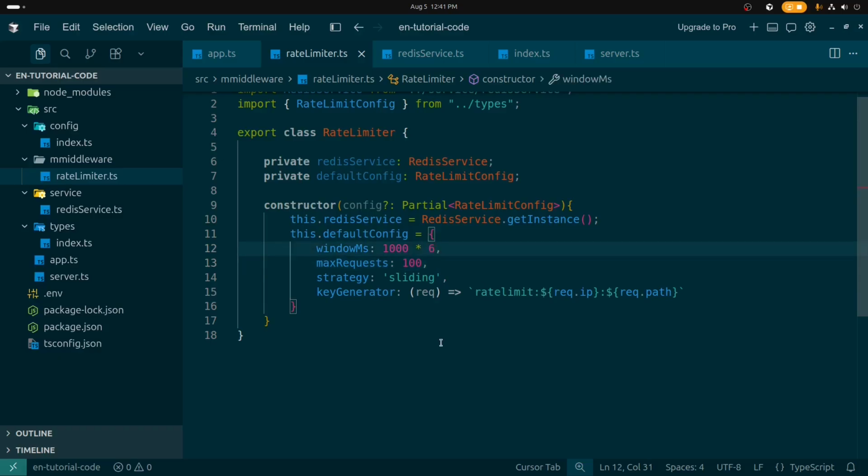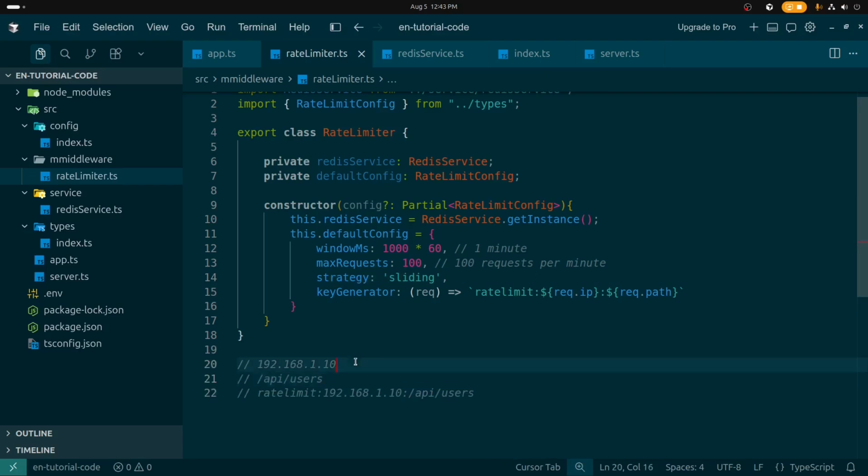Okay, actually this is going to be 60, so it will be 1 minute. The time window is 1 minute. 100 requests per minute. We use sliding window algorithm, and the rate limit key is created from the client's IP address and requested route. For example, if the client IP is 192.168.1.10 and they are requesting API /users, the key becomes rate limit colon the IP and colon this is the